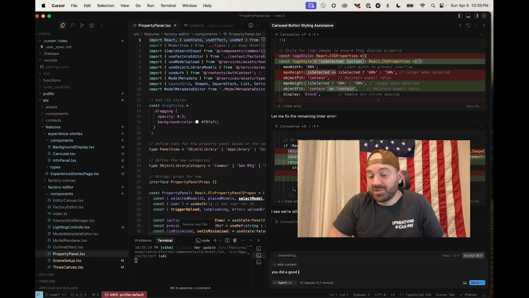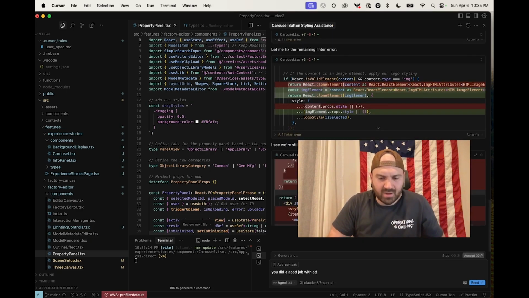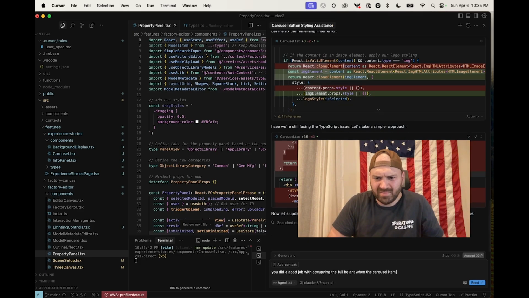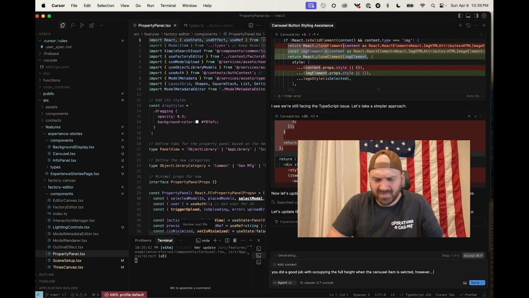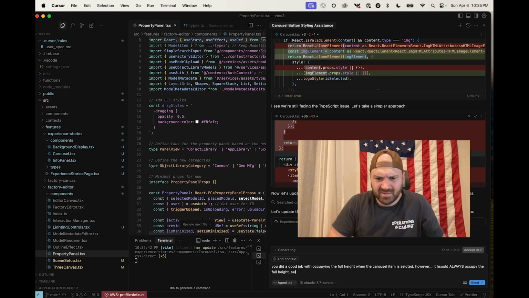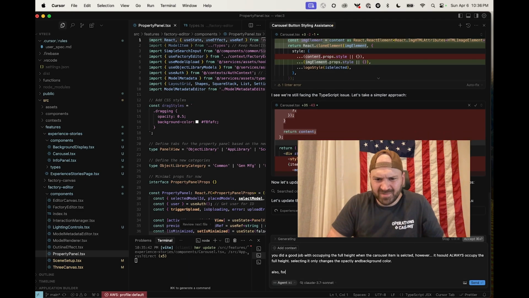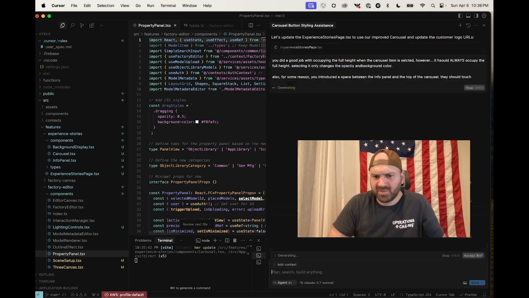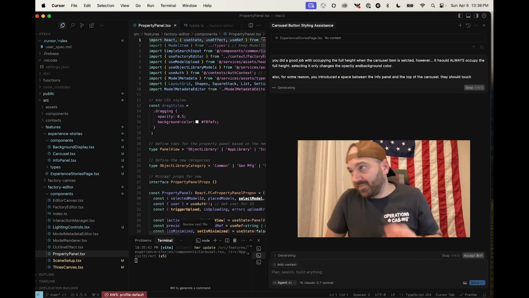I was going to say, you did a good job with occupying the full height when the carousel item is selected. However, it should always occupy the full height. Selecting it only changes the opacity and background color. Also, for some reason, you introduced a space between the info panel and the top of the carousel. They should touch. I'm going to interrupt this agent because it's going off on some sort of wild goose chase